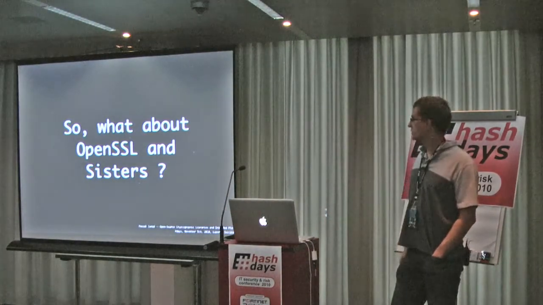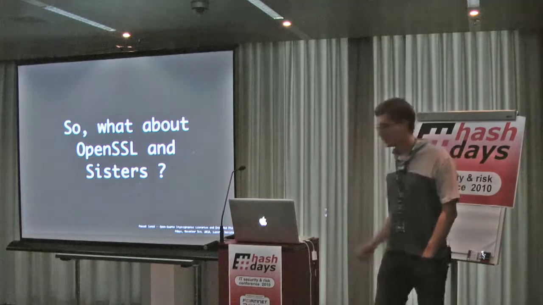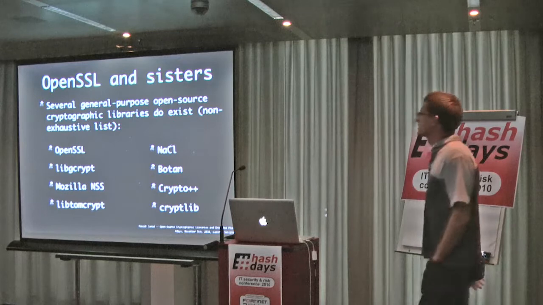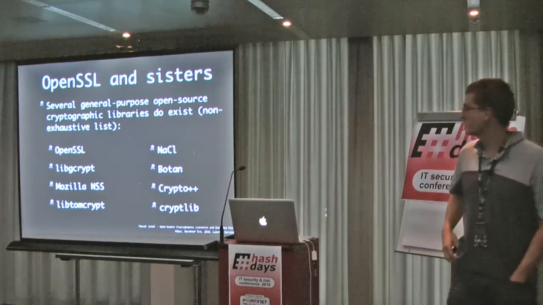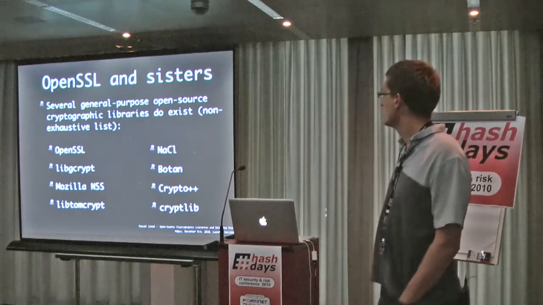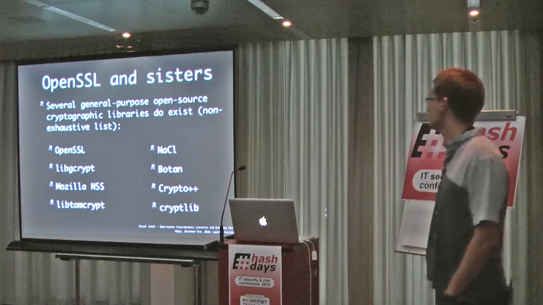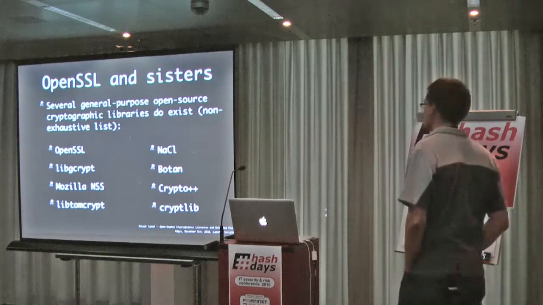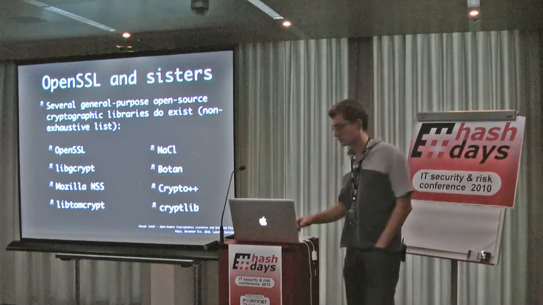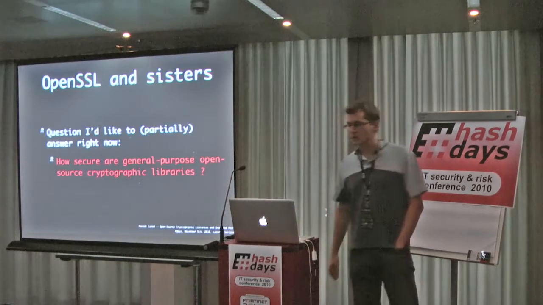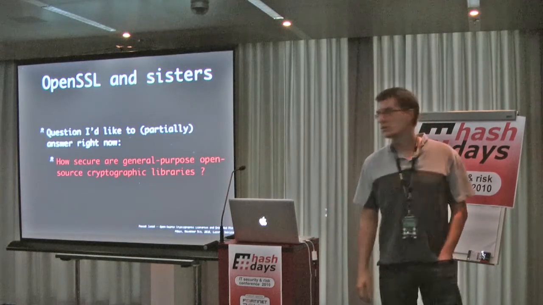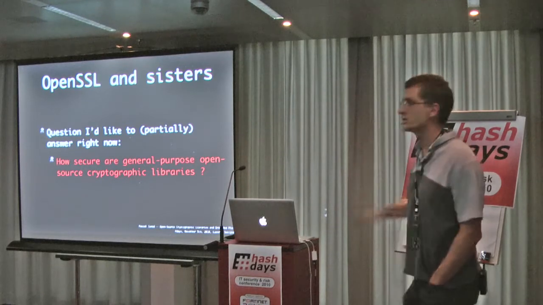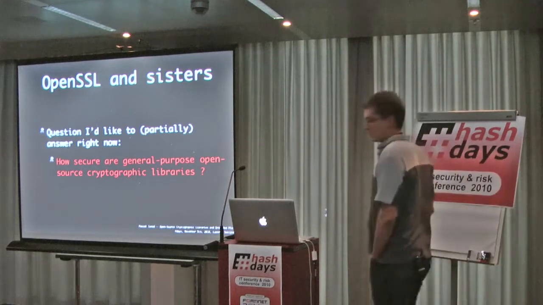So now, what about OpenSSL and its sisters? We know today several general purpose open source cryptographic libraries. For instance, OpenSSL is the most well known, but we have libgcrypt, Mozilla NSS, LibTomCrypt, and many others, and it is by far not an exhaustive list. And the question I'd like to partially answer right now is, how secure are those general purpose open source cryptographic libraries? And of course, by secure, I mean